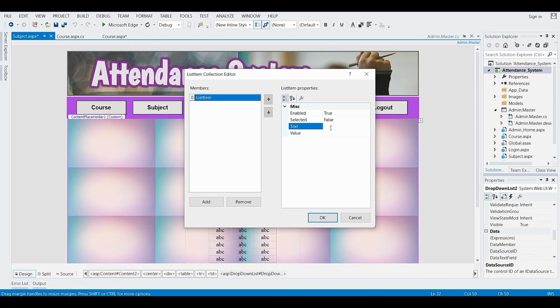Give the text Select year and give the value 0. Click on add. Now give the text first year, give the value 1, click on add.